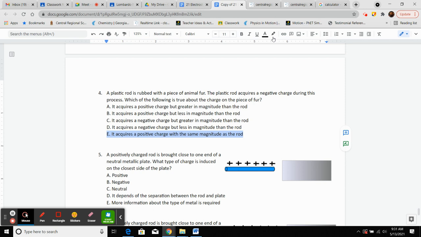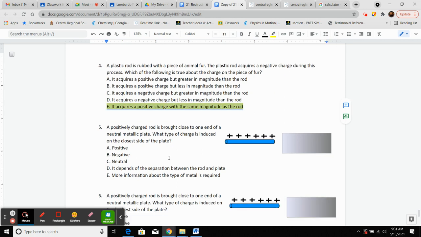So, bang, boom. Number 5, a positively charged rod is brought close to the end of a neutral metallic plate. What type of charge is induced on the side that's closest to the rod? So the side that's closest to the rod should be what kind of charge? Positive. So if the rod is positive,